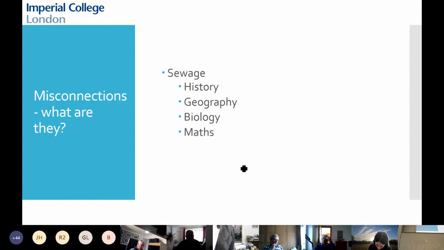The rest of Europe really required the EU legislation to get it up to scratch. Biology, you know what's in sewage, poo, and lots of other chemicals as well, everything that you put down your kitchen sink and fats. And maths, there'll be a bit more maths later, but we're on misconnections. So about 1 in 10 houses in the London Borough of Enfield, for instance, is reputed to be misconnected. So it's not a trivial problem.